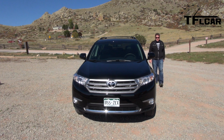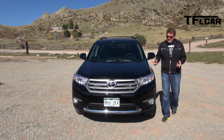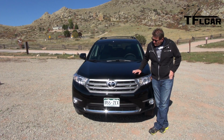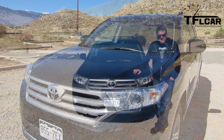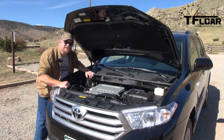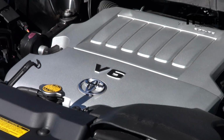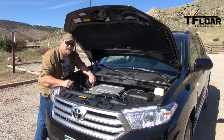All right, guys, take a picture because it'll last longer. And I'm saying that because this particular model, the 2013, is about to go away and the new 2014 is coming. Now, the 2013 in my mind is very, well, stodgy would be one word that comes to mind, but I think traditional, conservative, and not groundbreaking would be another way to describe it. Buried deep inside of this engine compartment is a 3.5 liter V6. It puts out 270 horsepower and 248 pound-feet of torque, and unfortunately it's hooked up to just a 5-speed automatic